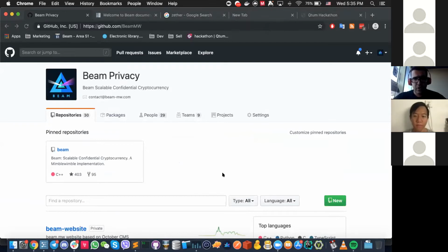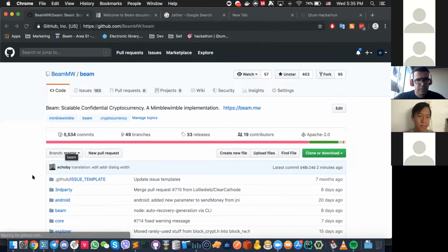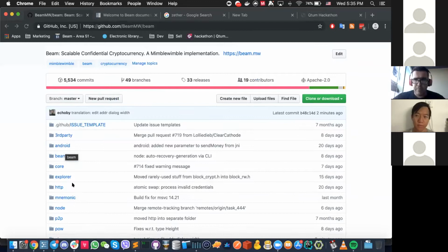Okay, so in the Beam repository, you can see the Beam project, and it's implemented in C++, very similar to Bitcoin. Inside, you can find a lot of basic building blocks that you can use for the cryptography and for a lot of mechanisms that are very useful in implementing privacy solutions. So inside the core folder,